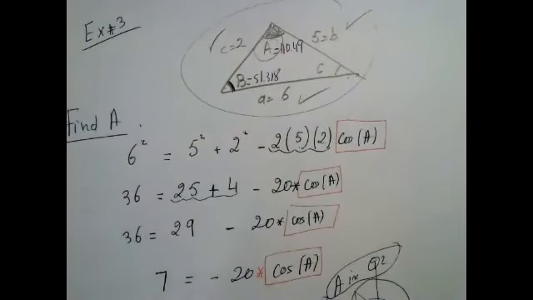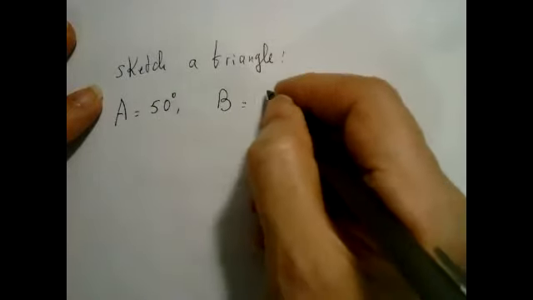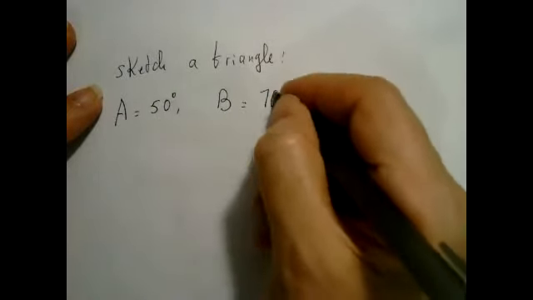Now the other part. I'm going to ask you to do the following, and let's see if we can do it together. So I hope you have a piece of paper. I'm going to ask you to sketch a triangle. Sketch means draw by yourself a triangle, such that the angle A is, let us say, 50 degrees. The angle B is 70. And little c, the length of c, is equal to 5. And we're using the convention